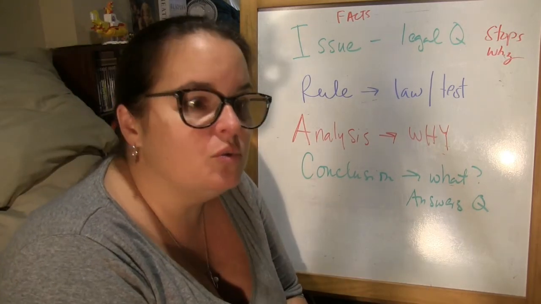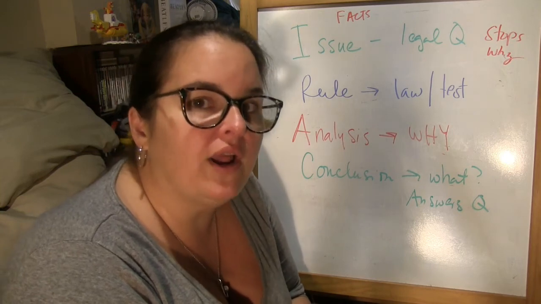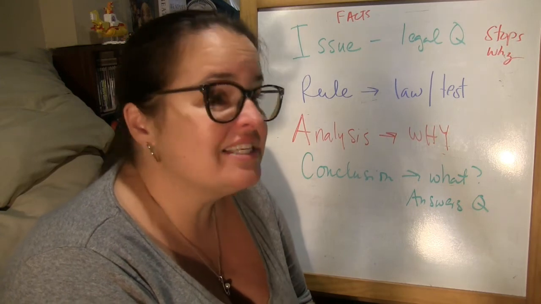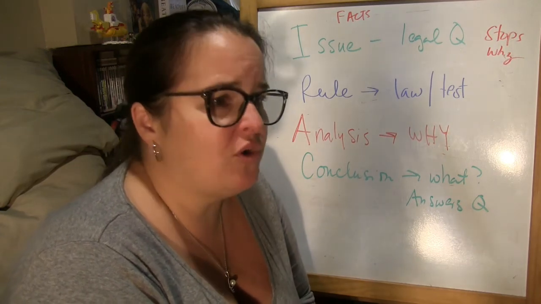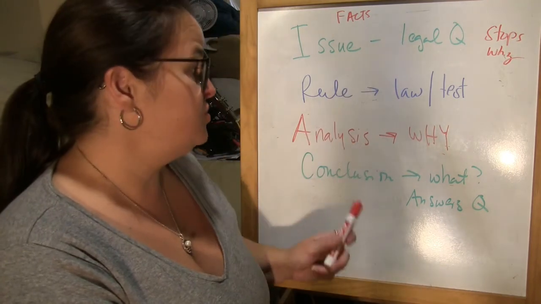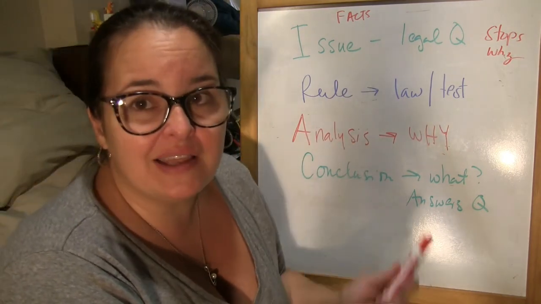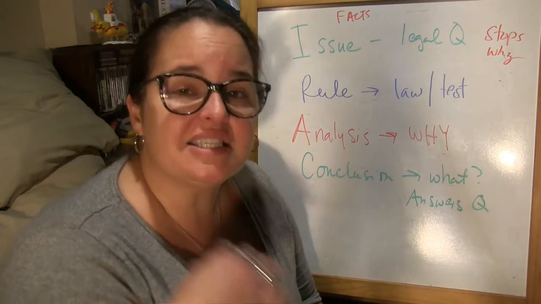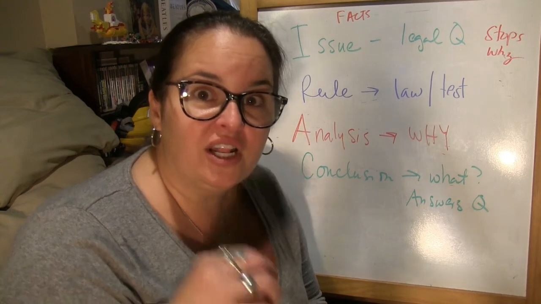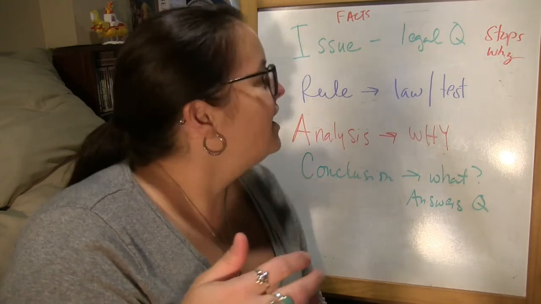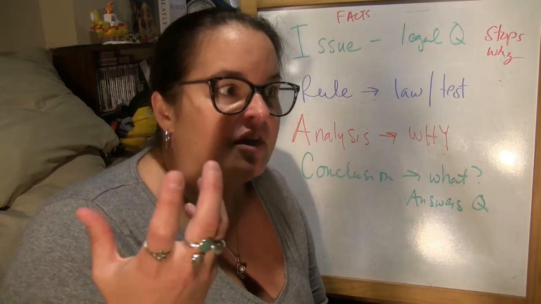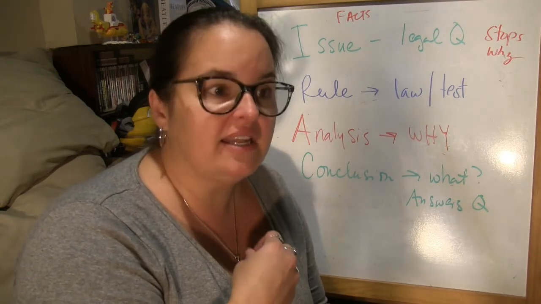This structure you will see over and over again. It should make legal writing much less intimidating. It isn't like you have to come up with the organizational structure on your own. We're not hiding any balls. We're looking for issues, conclusions, and analyses. And we're going to stick the rule in there somewhere. It's the same every time. Learn it early, learn it often, just like voting, right? But it makes it less of an art and more of a science.